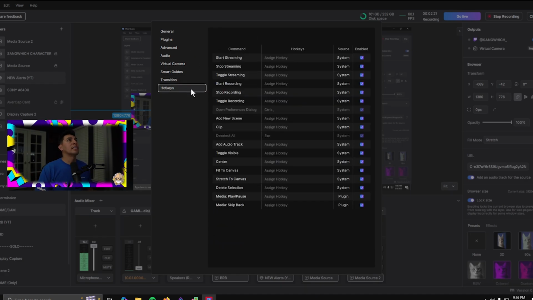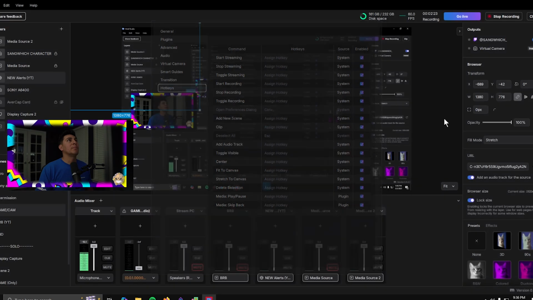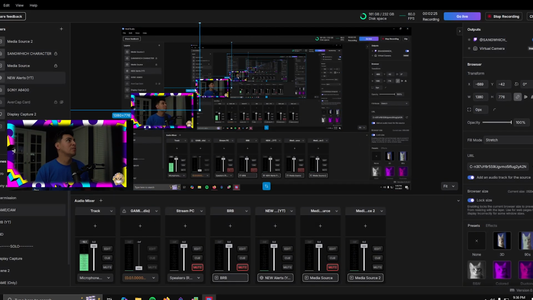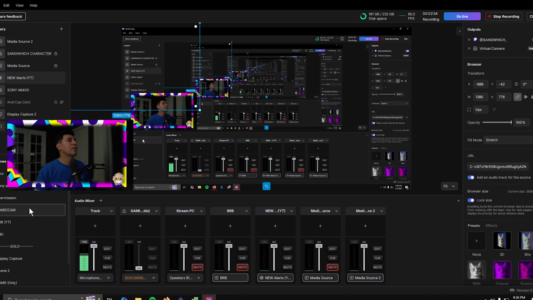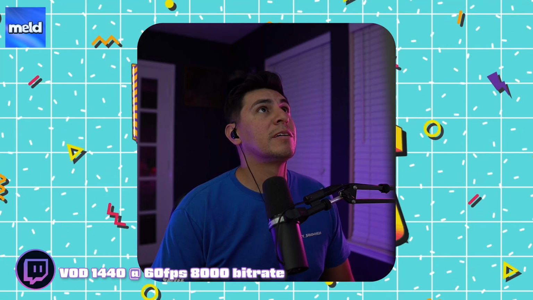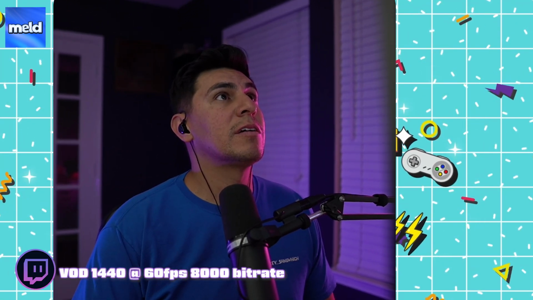The only downside is I did have a stinger transition. Maybe in the long term, you'll see that it might have some type of transitions like that. But let's say if I go from here to my intro, you can see it's just a basic transition or morph here. It looks like everything else is ready to go. I'm going to start streaming up in a little bit like that. Don't worry about the background here. So if I stretch it out,